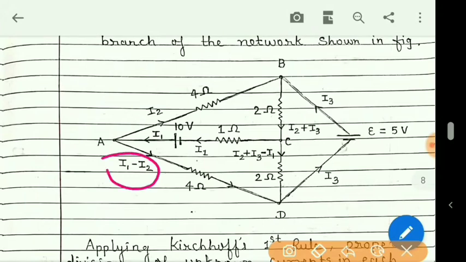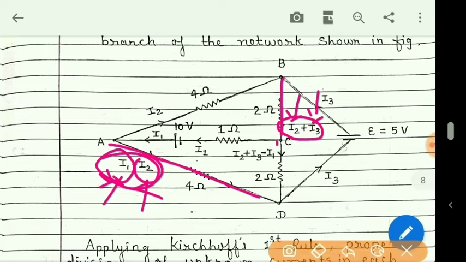So you can simplify this I1 minus I2, so you can get the current in branch AD because I1 is known and I2 is also known. Similarly, you can get the current in branch BC. It is I2 plus I3 and both values I2 and I3 are known to us. And similarly for branch CD, for this path, I3 is already obtained by solving the equations. Also in this branch, I1 is already obtained.